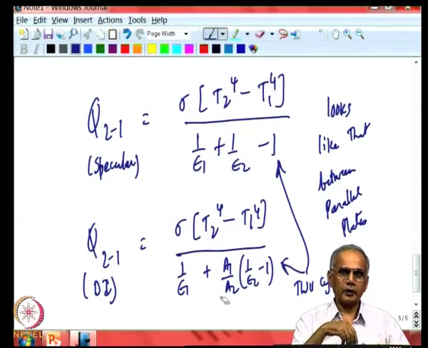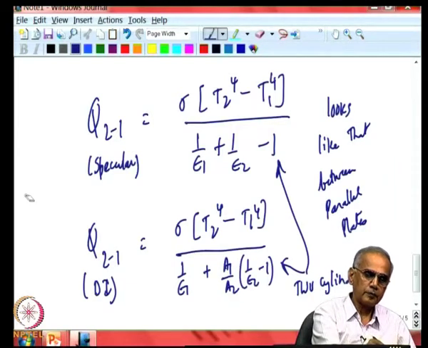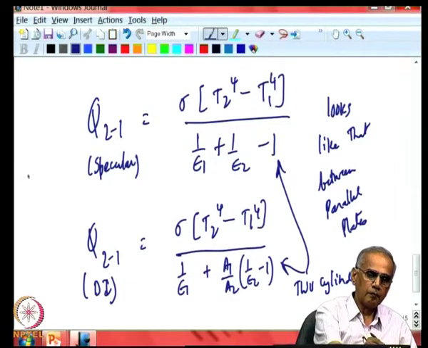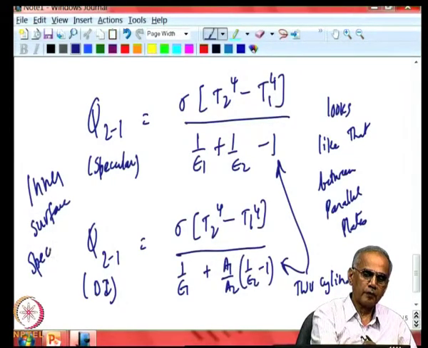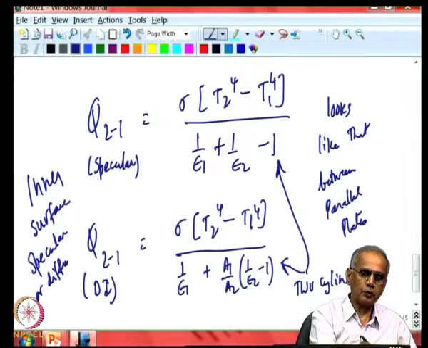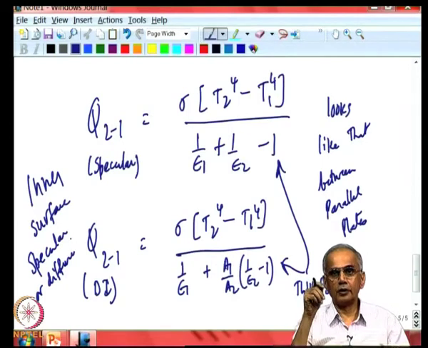I must point out that we do not care whether the inner surface is specular or diffuse. That is totally irrelevant, because